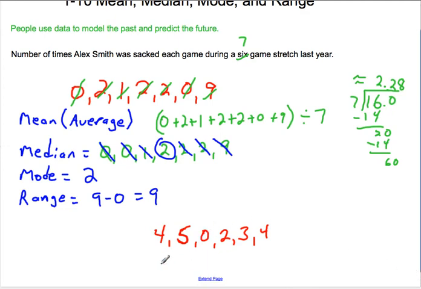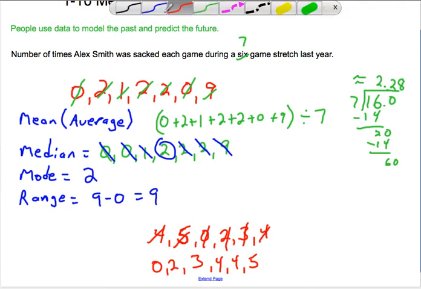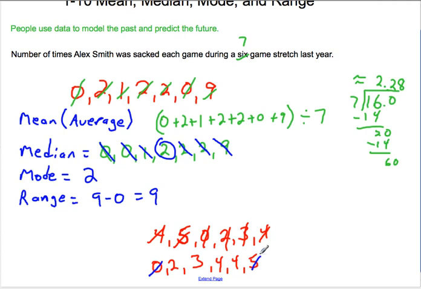So we're first going to put them in order. So 0, 2, 3, and we have 4, 4, 5. Now to find the median, I need to start crossing out the ends. So 0 and 5, 2 and 4,